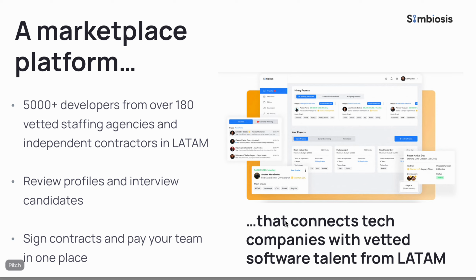So when you post a project, they review the project and they will send a candidate that meets those requirements and is also below the budget, because it's important to mention that you will always establish your budget. You will say, I'm looking for a full stack developer and my monthly budget is $5,000. Then you post that requirement, and all the agencies in the network will review it and apply